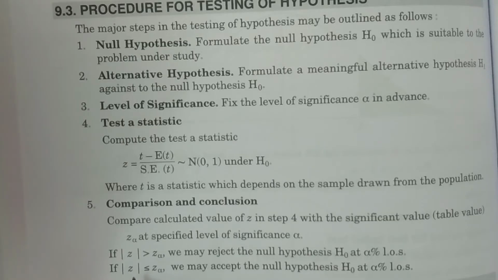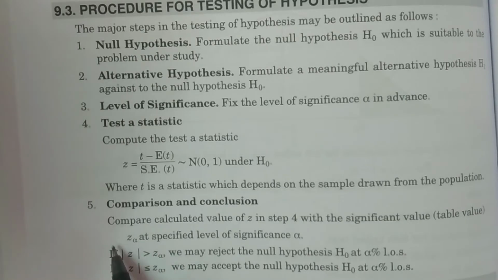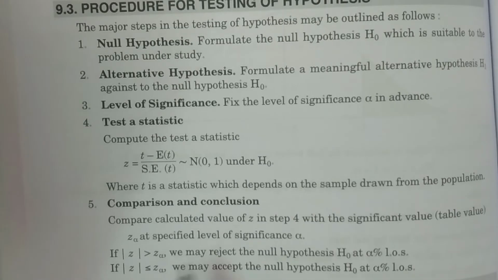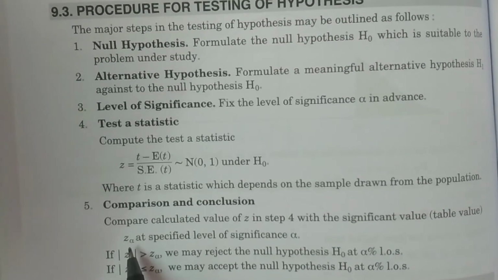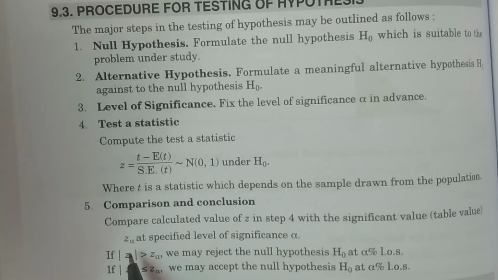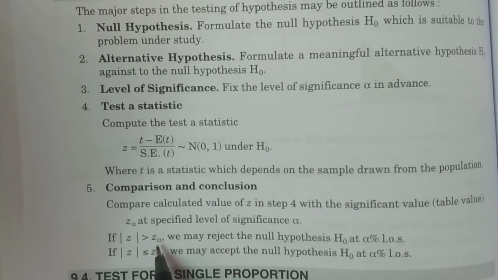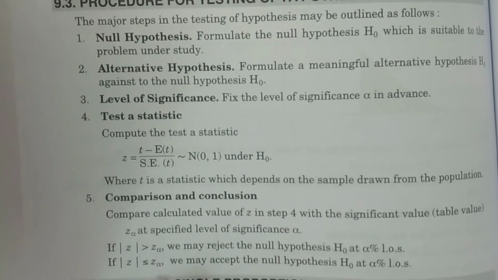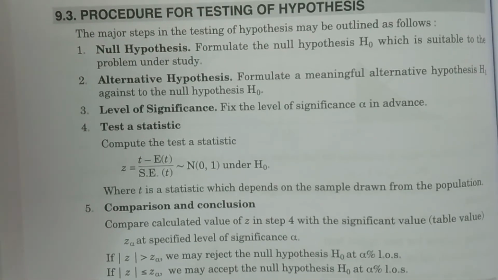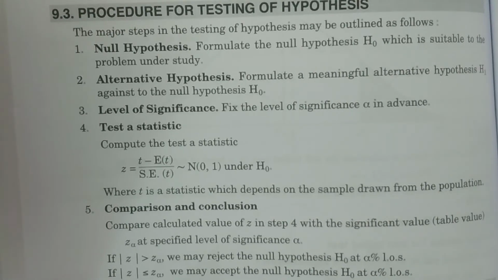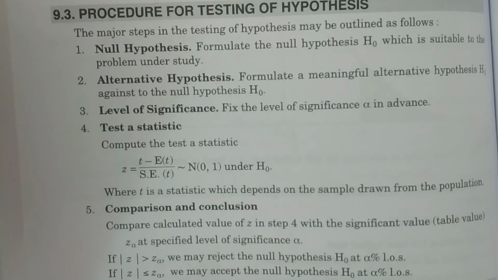Z alpha is known as the table value or significant value, which is obtained from the tables of the standard normal distribution, particularly for the large sample test procedures. If modulus of Z is greater than Z alpha, then we may reject H naught at alpha level of significance. If modulus of Z is less than or equal to Z alpha, we may accept H naught at alpha level